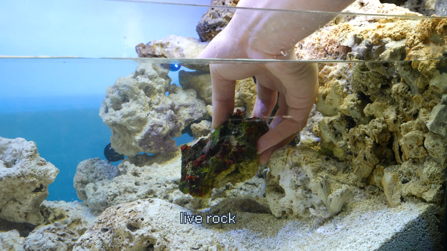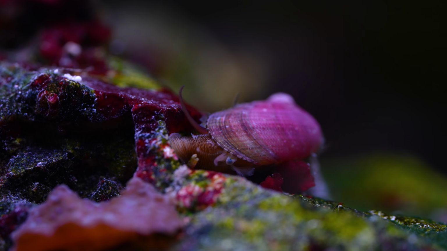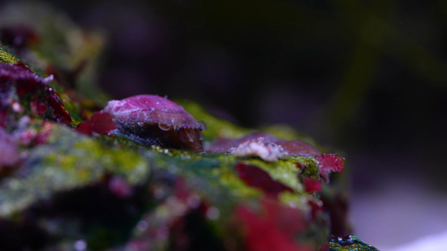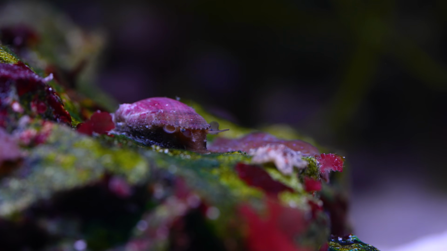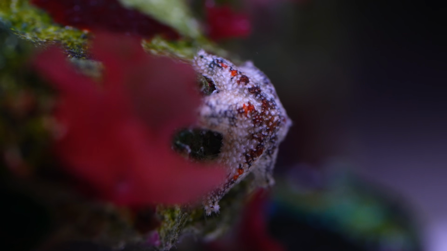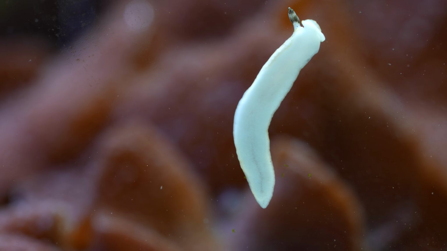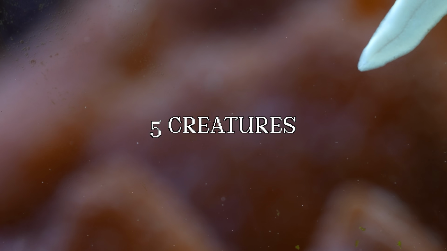Next up, we're adding live rock, which is filled with beneficial bacteria. But every once in a while, something a little bit bigger hitches a ride. Some are harmless, like this stomatella snail. Some are debatably annoying, like this Asterina starfish. But some are undeniably evil, like this nudibranch. But I didn't know it at the time, so I left it alone while I focused on the other side